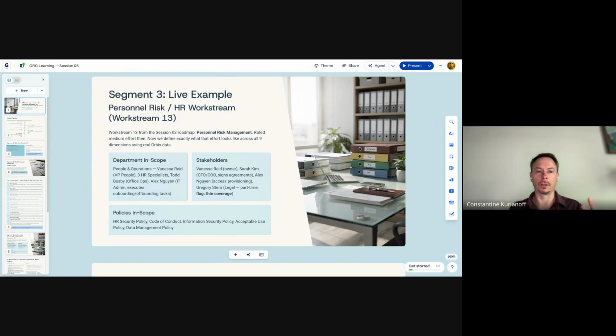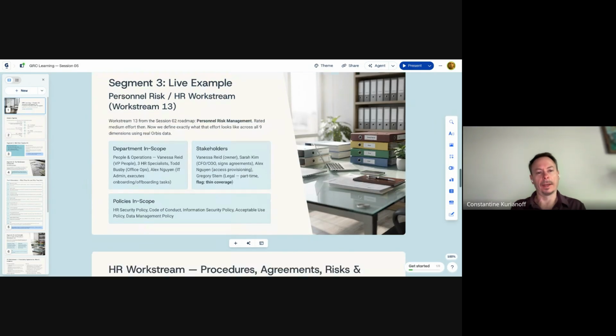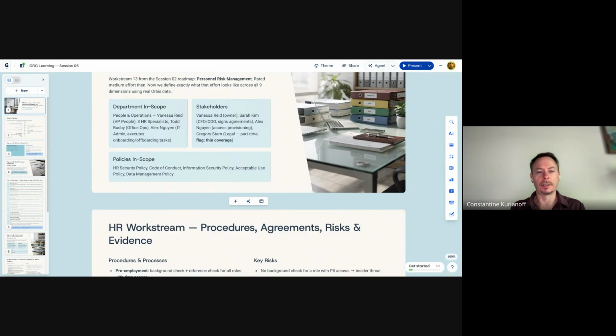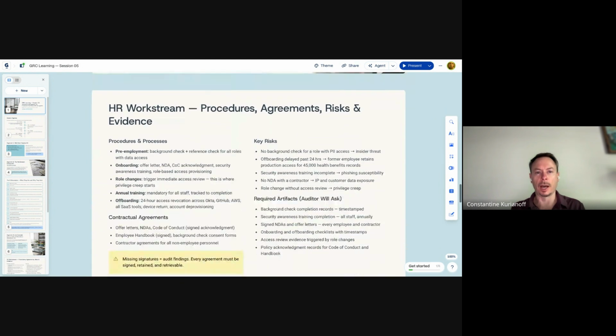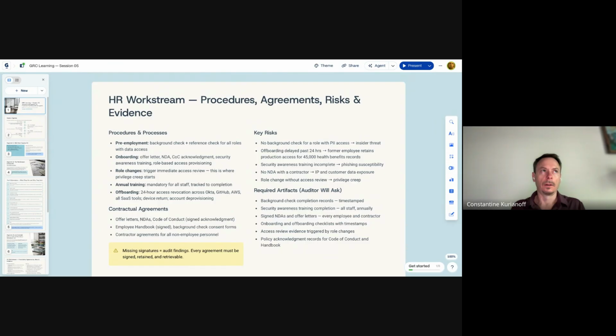We will look at 2 work streams. One is managing personnel risks, or the HR work stream. It's work stream number 13 from our list. And what we do basically is ask ourselves a question: how do we actually account for and establish governance across everything that is happening in the people management department? Of course, we have a department itself. Of course, we have a department head.